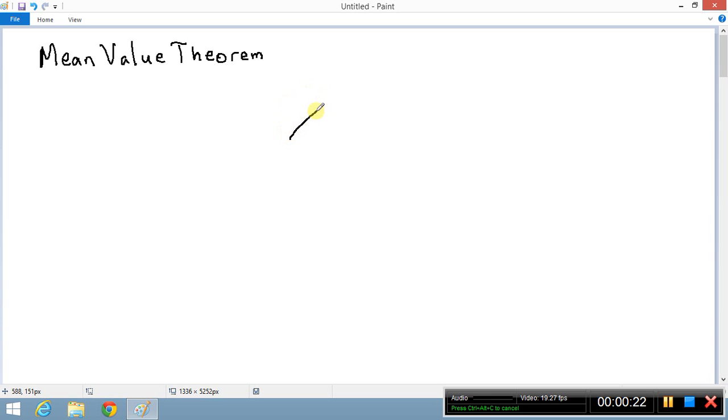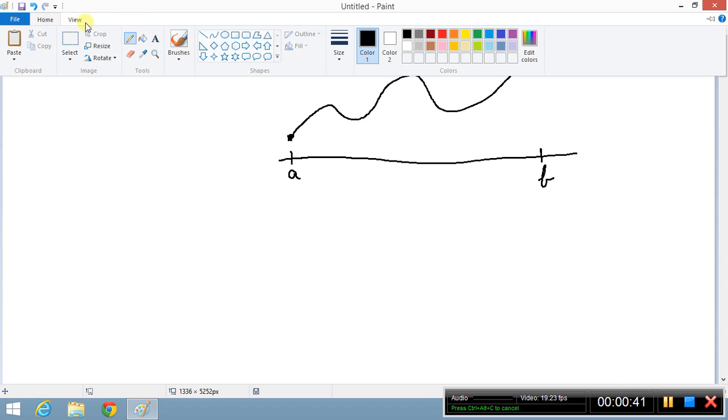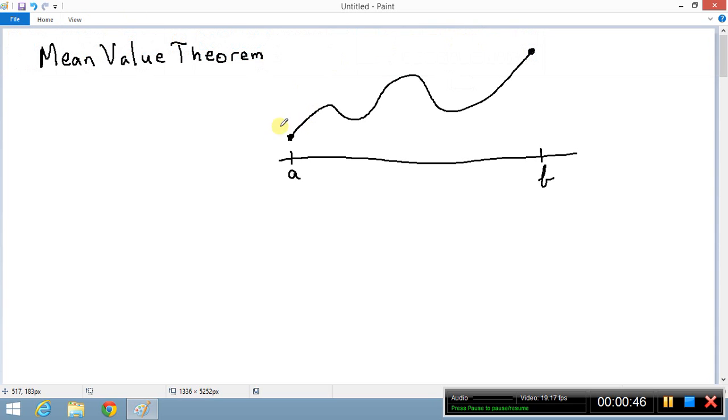Suppose that you have a function which rolls along merrily from this point, which is A, to this point, which is B. So here's A, f of A, and here's B, f of B. So let me connect the dots here with a different color. Let's have a nice friendly green. So if you connect these two points with a straight line,